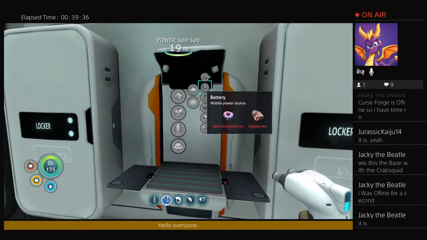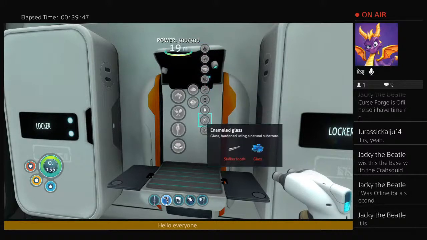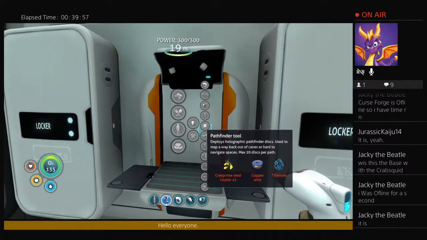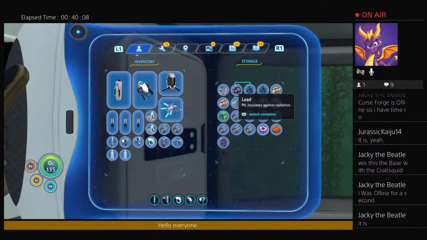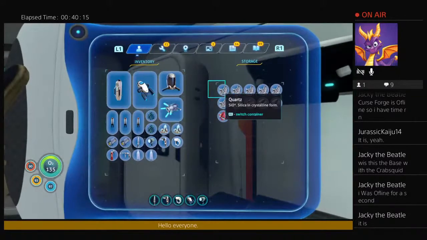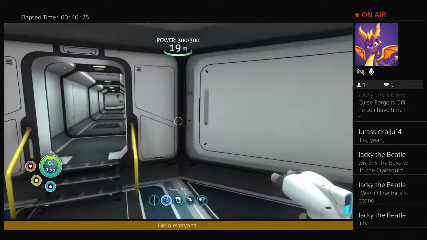Let's see, how to make aerogel? Do I even know? I don't know how to make aerogel yet, unless it's over here. Might be. Okay, so we're gonna need to figure that out. But I can still make our laser cutter. I just need cave sulfur, which I want to say we've gotten somewhere. I want to say we found cave sulfur before, but that's...